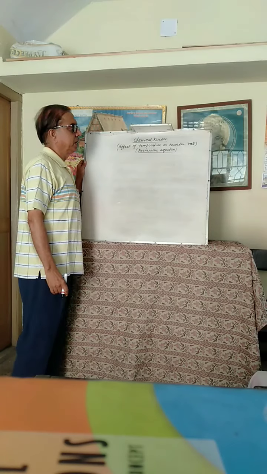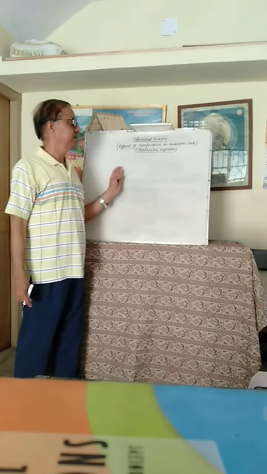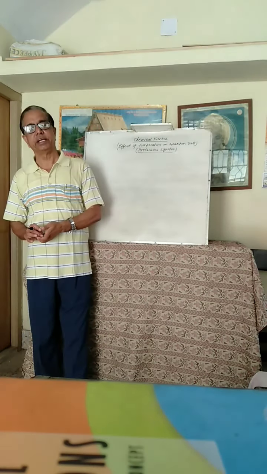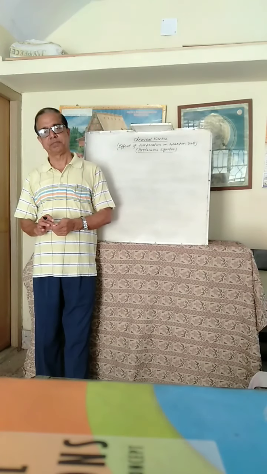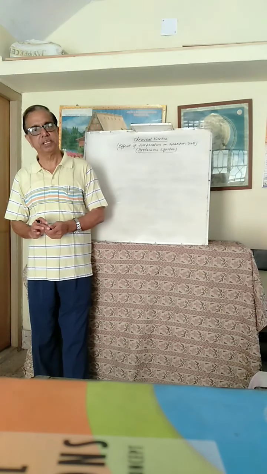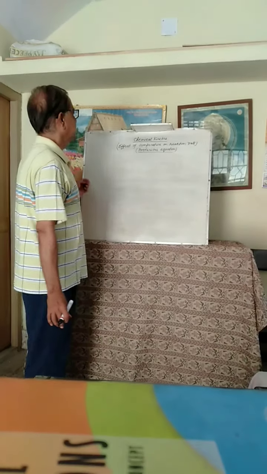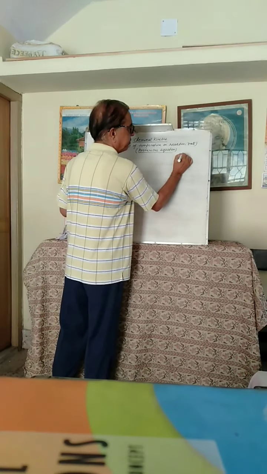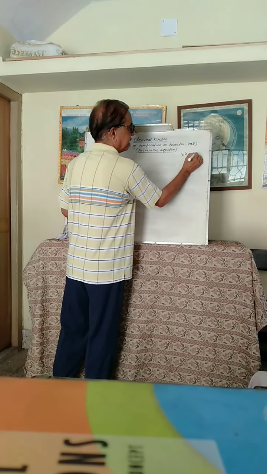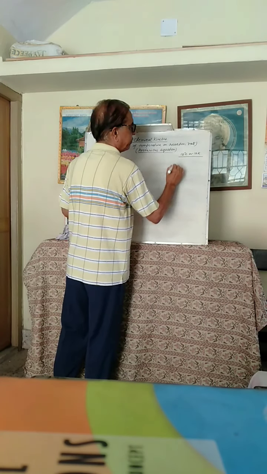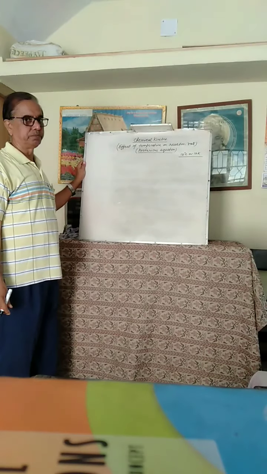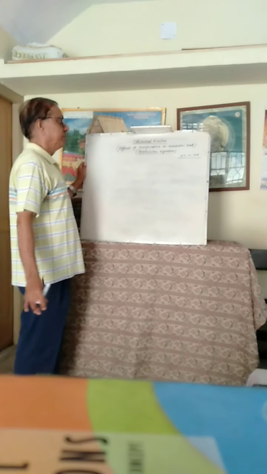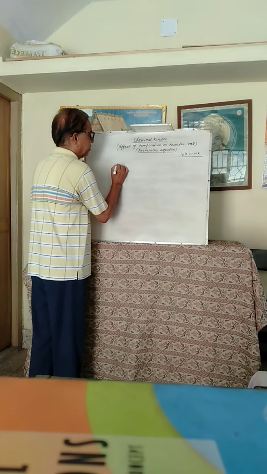It has been observed that the rate of reaction increases to a marked extent with a rise in temperature. The reaction should be homogeneous in nature. It means that for a 10 degrees Celsius or 10 Kelvin rise of temperature, the reaction rate is either doubled or tripled. And on this basis, we define temperature coefficient.